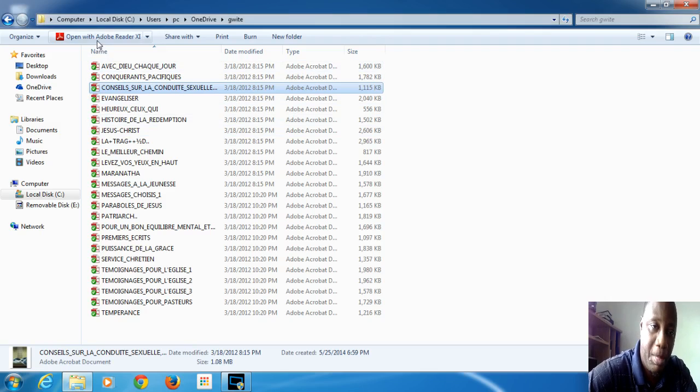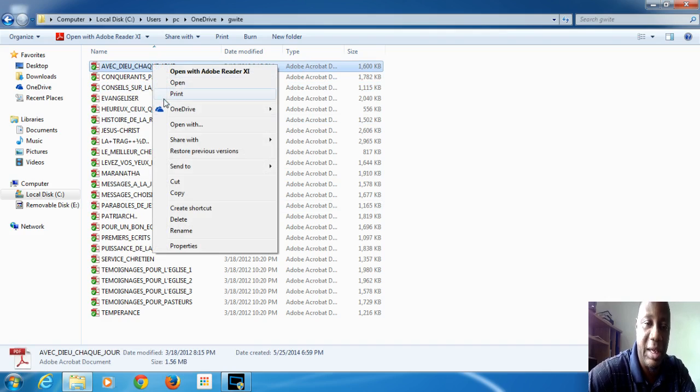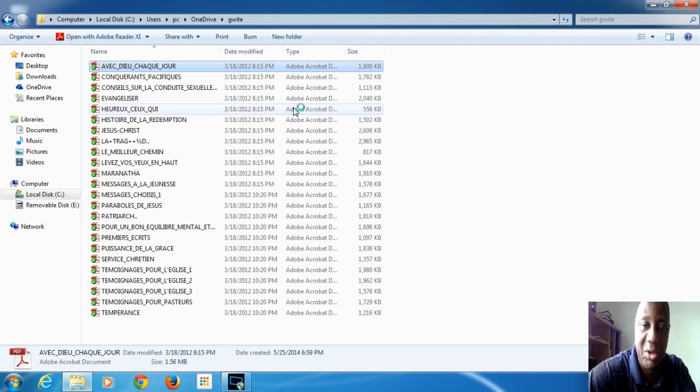You could share those. Let's say I want to share this book. This is a book. Remember, I opened one of them. I could just put my cursor right here and right click, and then from there I could go to OneDrive and go to share. You see, once you click share,